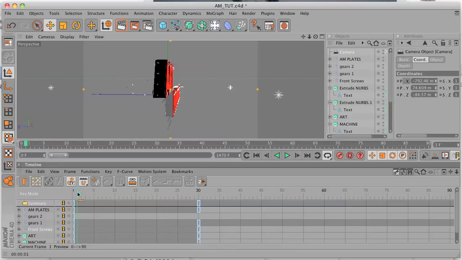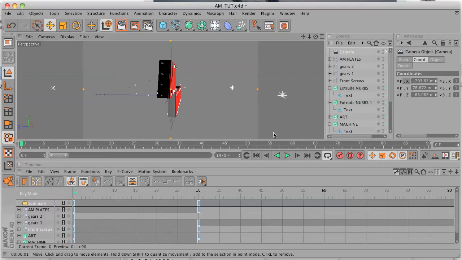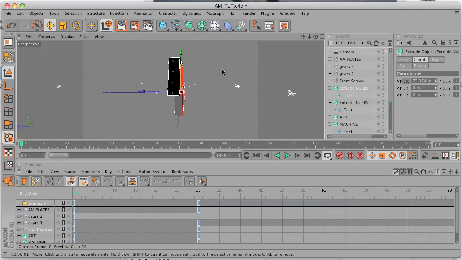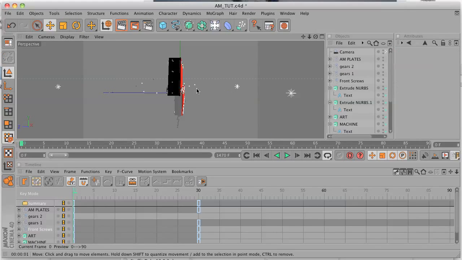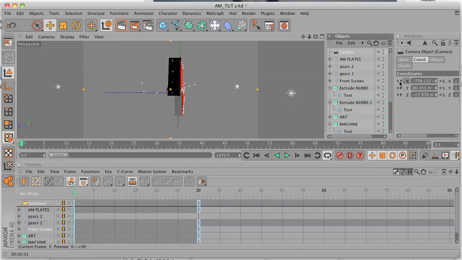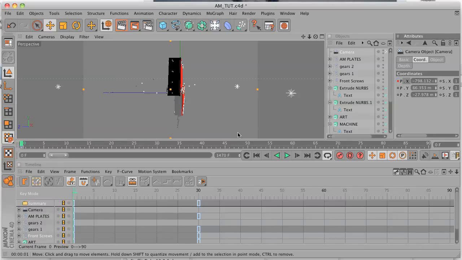May want to grab a slightly different angle at that. And let's hit a position keyframe here on the camera. And as that opens up,